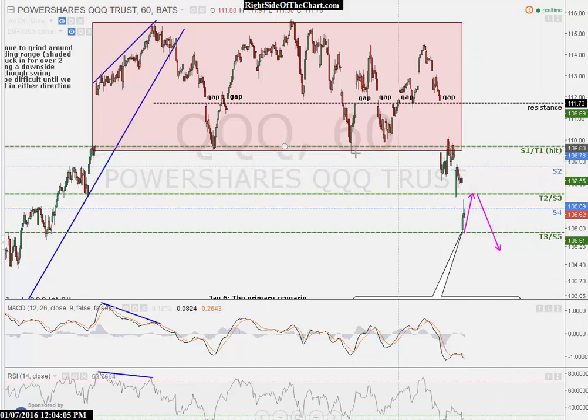Now, this is a wall of resistance right here, this former S1 T1 level. We had the big, huge gap here. Gaps are very powerful areas, tops and bottoms of gaps that work well as support and resistance. Now we had reaction. As you can see, there's the bottom of the gap, a reaction, a close reaction there, reaction there. So if we do get up there, then let's say, for example,